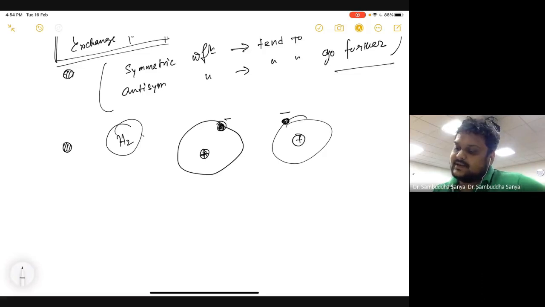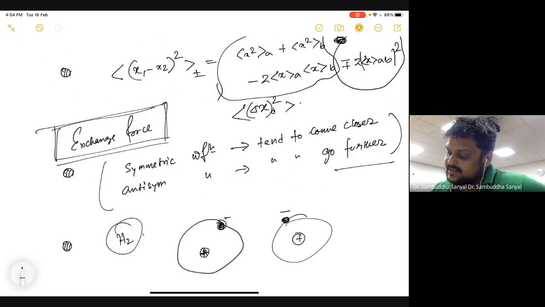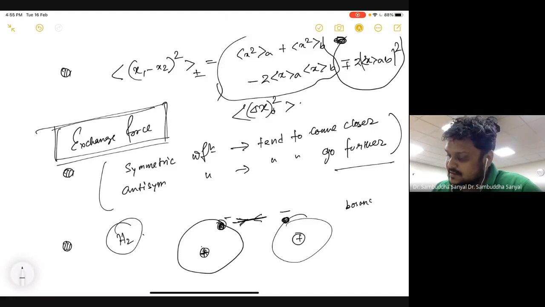If they are bosonic, then what will happen? Then they will have an attractive force, which means the electrons will try to come closer. And if they are trying to come closer, then the protons will be attracted, because the electrons are coming closer and the protons are of opposite charge. So this whole thing will become a compact thing and they will be bound. And that's what you expect in a molecule. So in bosons, they will be bound.